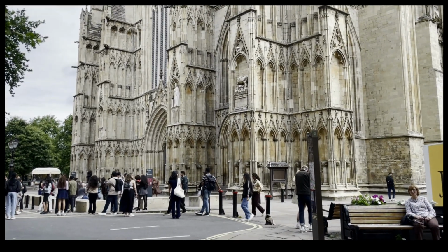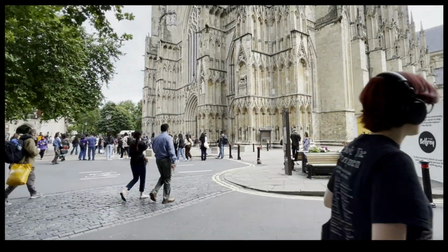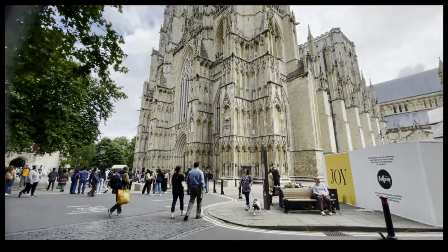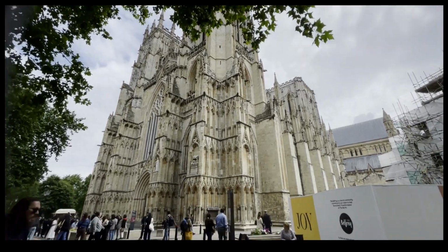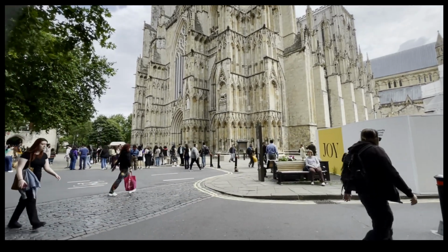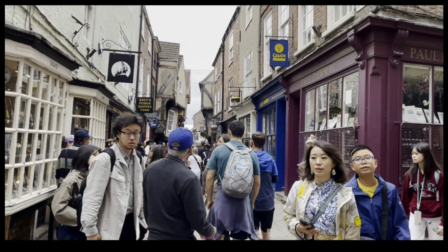We then made our way to York Minster with a plan to go inside, because I thought there'd be some opportunities there with people marvelling at the interior of that building. The interior is just as impressive as the exterior, but they weren't letting people in, so we went back to